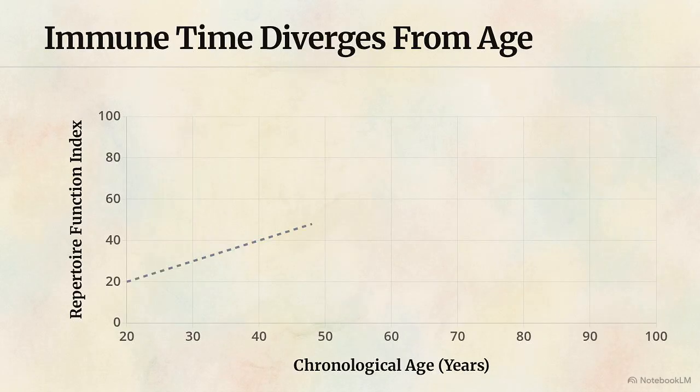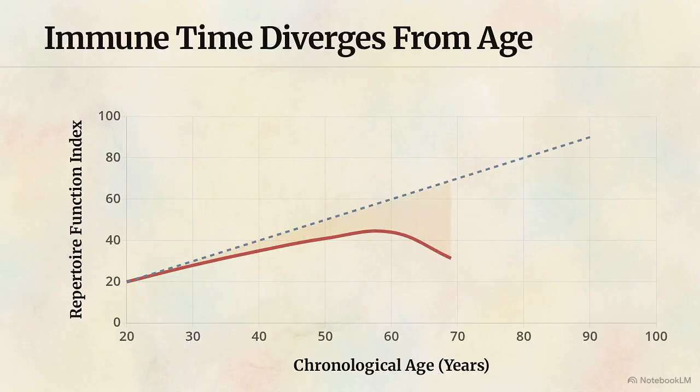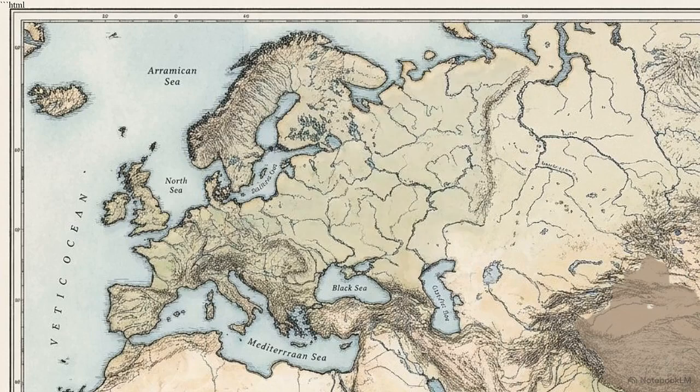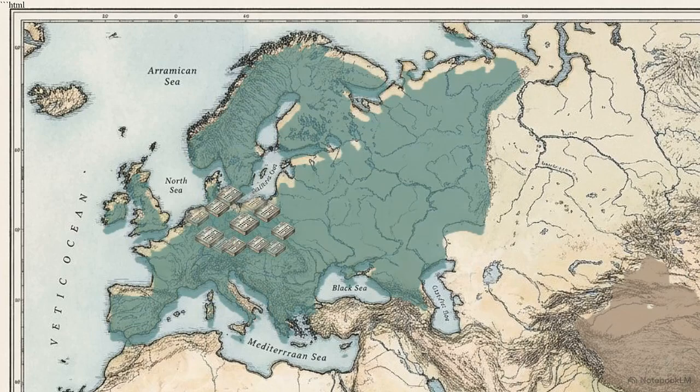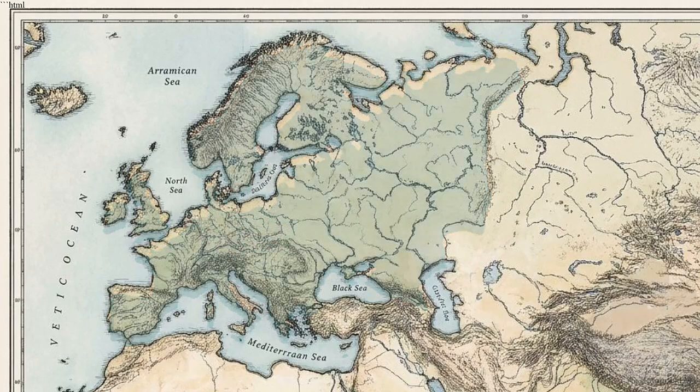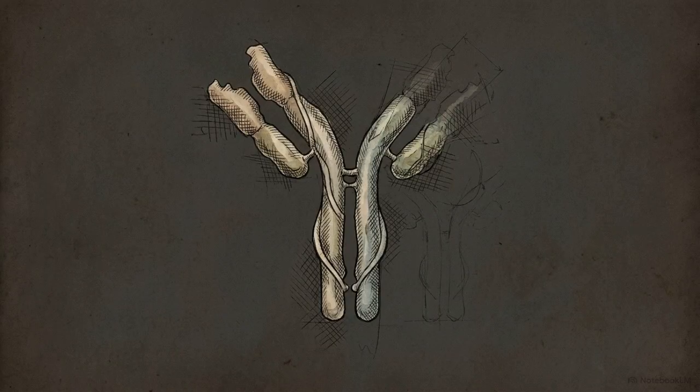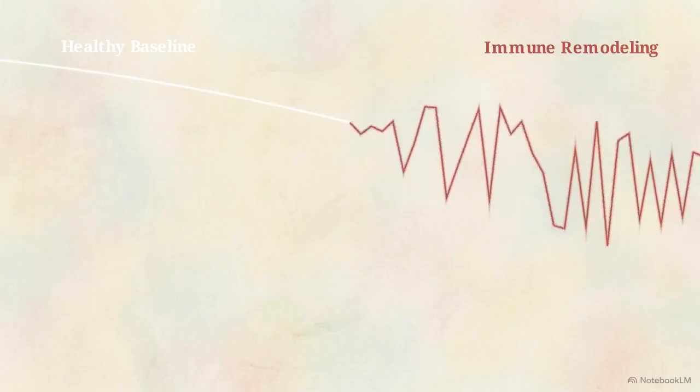Chronological time ticks forward uniformly, but biological immune time does not. As we age, the sequence diversity of our immune repertoire degrades. Most existing data on structural immunosenescence comes from European cohorts. Until recently, there was no high-resolution, full-age baseline for non-European populations. Without a precise mathematical baseline for natural aging, it is impossible to accurately quantify how environmental stressors and novel viruses